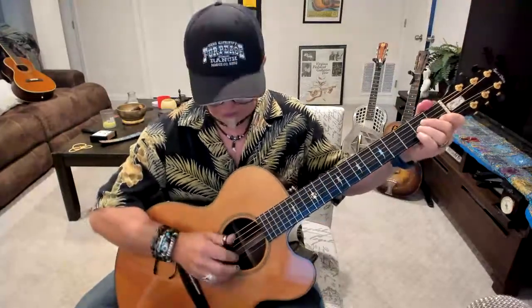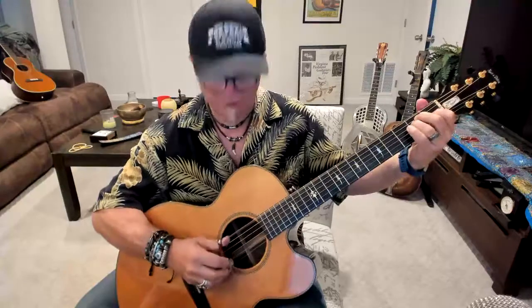So we have this basic progression. It starts out with the very first measure, and I'm going back and forth with that A minor chord between my 5th and my 4th string with my bass. When I go to the E, I go to the 6th and the 4th string. So that's what my thumb is doing for the first two measures. That very first measure,